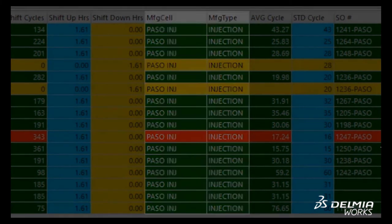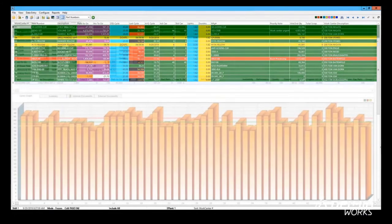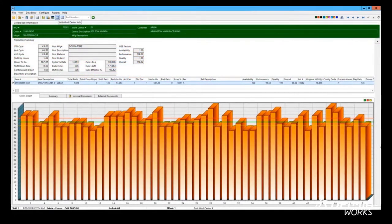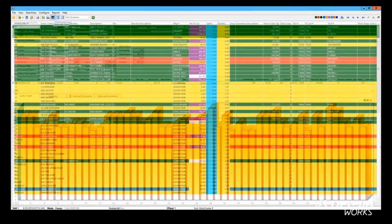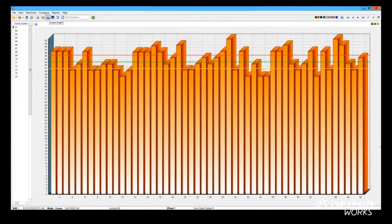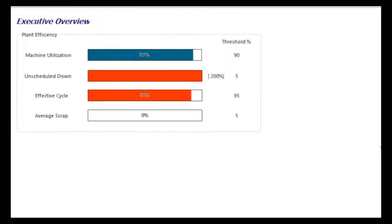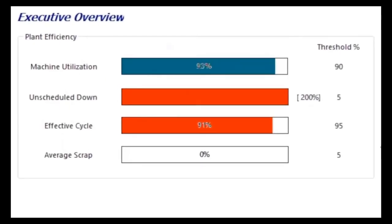So the real-time module allows the user to monitor production at multiple levels, including the shop floor level, which is the default view within this module; the individual work center level, which provides a detailed look at work center operation; the plant-wide view, which also includes all manufacturing types, a view that reduces each work center's production to a simple bar chart; and finally the executive level, which reduces the information further into a few percentages that display the overall